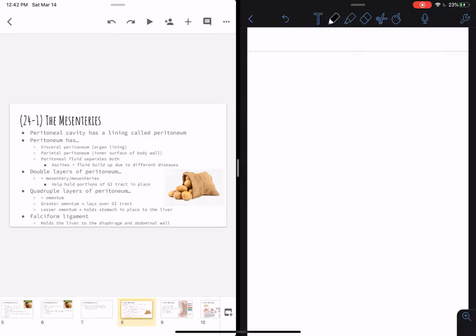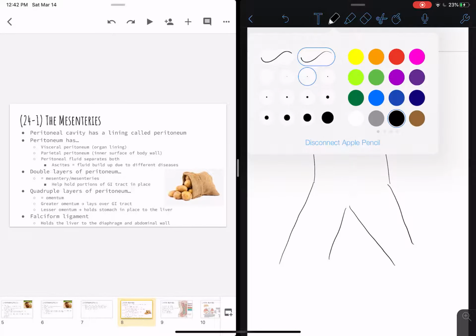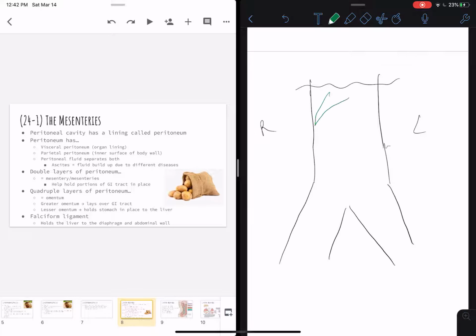So let's zoom in on the thorax, and here are some legs. Maybe here's our respiratory diaphragm. This is right, this is left. So let's draw in some organs. Here's going to be our liver. Here is going to be our stomach. Our spleen is going to be hanging out over here. We've got some kidneys in the background,